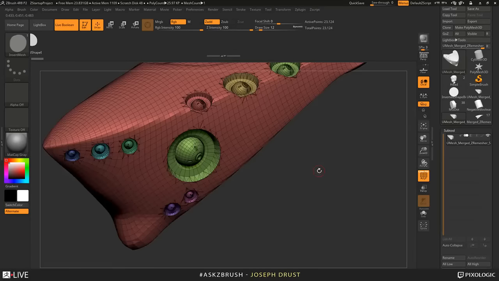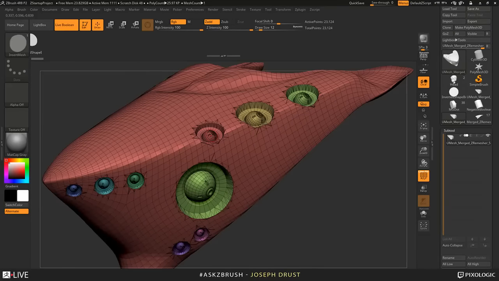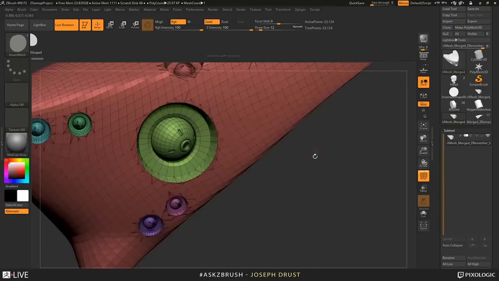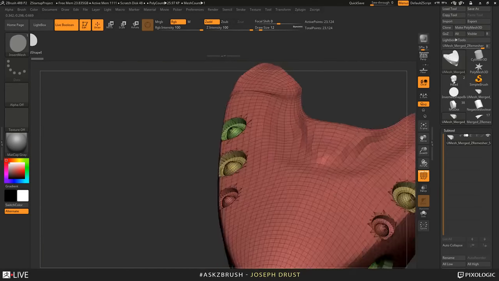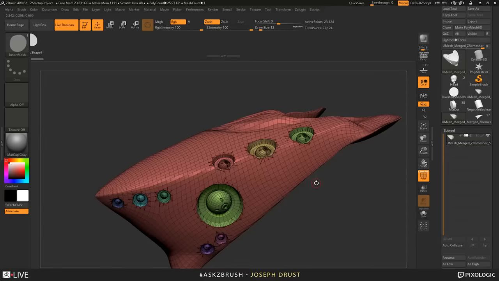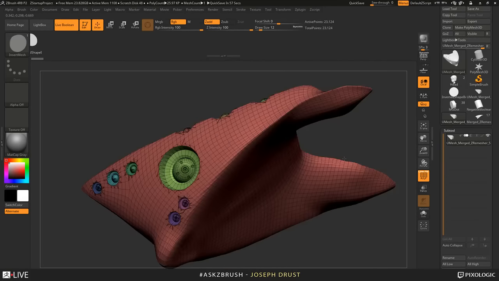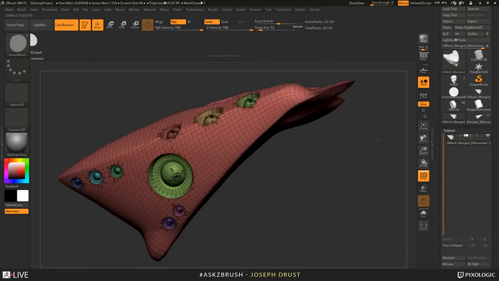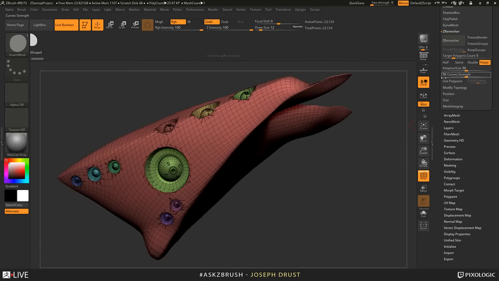Now, there is also an issue with UV Master that is currently being looked into, which is that if you try to use UV Master on this right now, it does have difficulty with these triangles around the edges. So you would at this stage need to either export out to unwrap it elsewhere to get that result you're looking for, or you would have to ZRemesh it again before you can apply UVs inside of ZBrush. But if you just want to get it quick and dirty, you can also